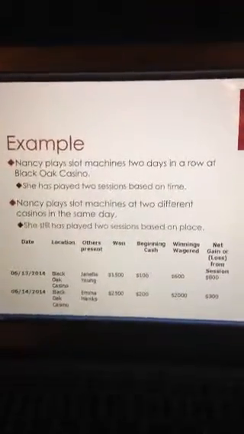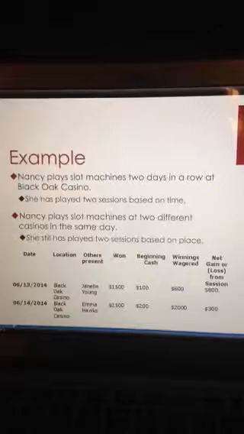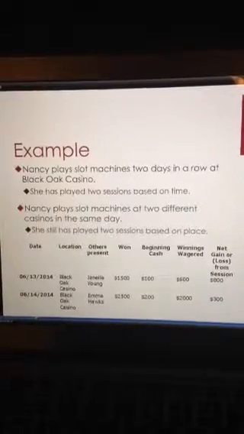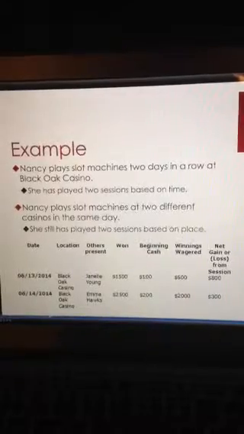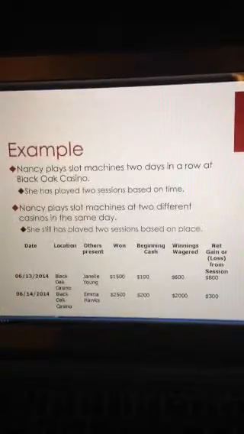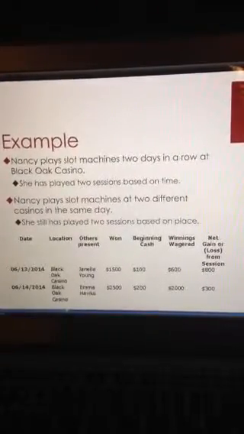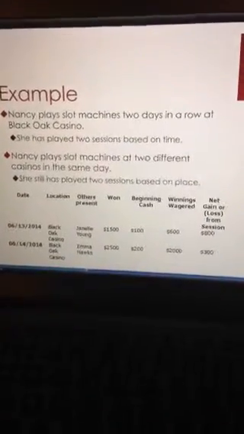Okay, so here's an example to demonstrate what is a session. Nancy plays slot machines 2 days in a row at Black Oak Casino. She has played 2 sessions based on time. For the next fact pattern, Nancy plays slot machines at 2 different casinos in the same day. One might think that based on time, she only has 1 session because she played in the same day. However, she still has played 2 sessions based on place. So this example shows how time is not the controlling factor. There's also the place and the activity that help determine what is a session and the beginning and the ending